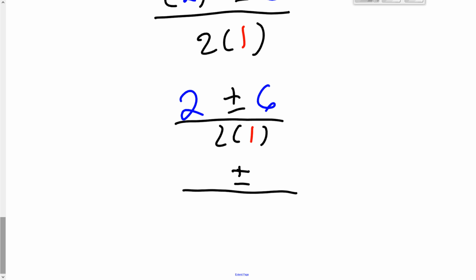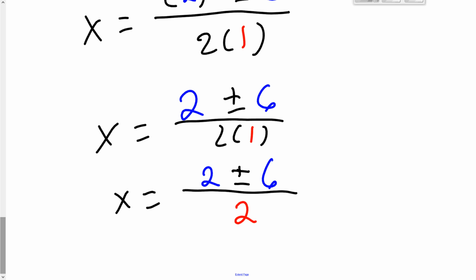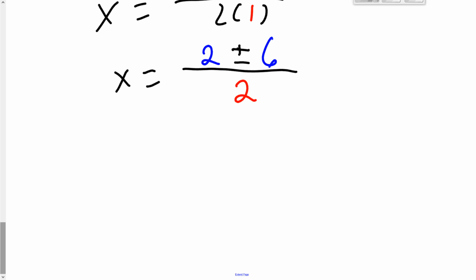Plus or minus 2 times 1 is 2. So we simplified everything that we can simplify, and again it is x equals. Now there's 2 equations here, so if you want to, you can do 2 equations here. We have x equals 2 plus 6